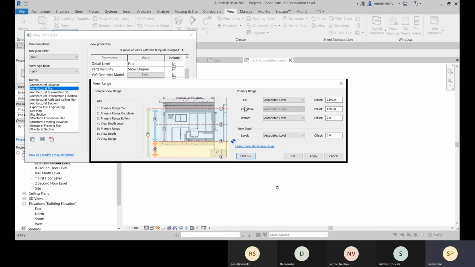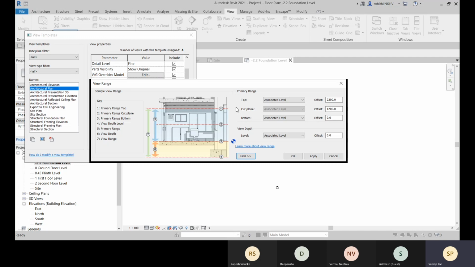And now you can ask me why then is top there. If I'm seeing through the cut plane till that view depth, why is this top there? What is the function of this top? So some objects like ventilators and some mechanical pipe ducts are placed at some height, above the lintel level.